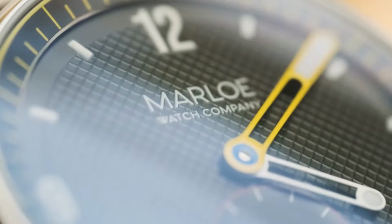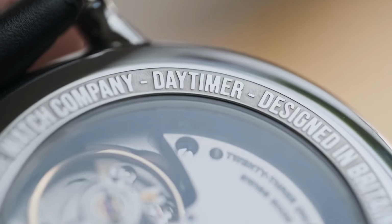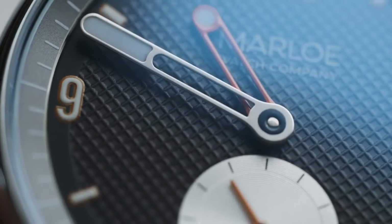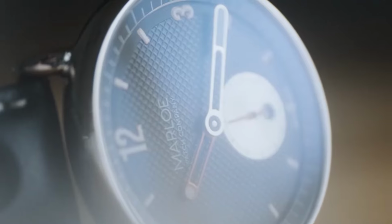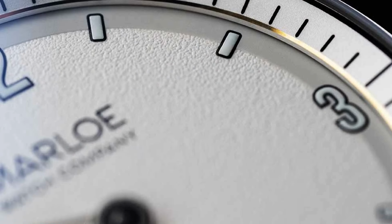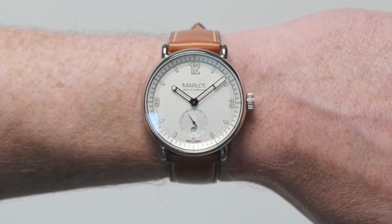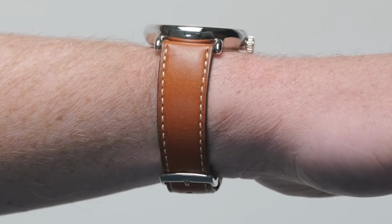The Marlo Daytimer is a pocket watch inspired range which really caught my eye. It's maybe just a little too big for me at 41mm in diameter, but if you're a fan of larger dials, there is a lot to love here. The design is extremely clean, which I think is accentuated by the hollow handset, gold inner ring, and all white surfaces. While I'm a big fan of the design aesthetic overall, I have to say my favourite element is the